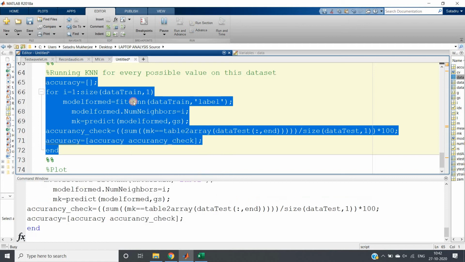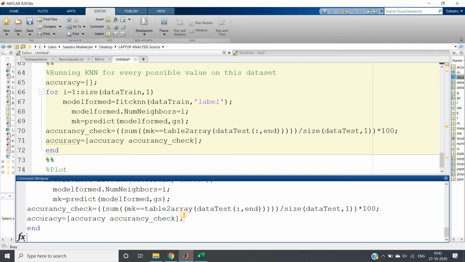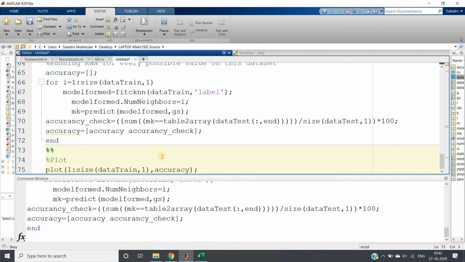So I will do evaluate selection and we have to wait for a huge time. Let's run this code. It is going to take some time, so let's wait for that. Then we will plot the accuracy for various values of k, that is 1 colon size of data train comma 1, so the k value varies from 1 and the maximum value it can go up to is the size of our data set, that is the total number of rows.